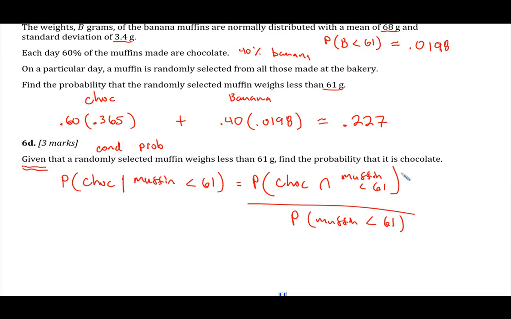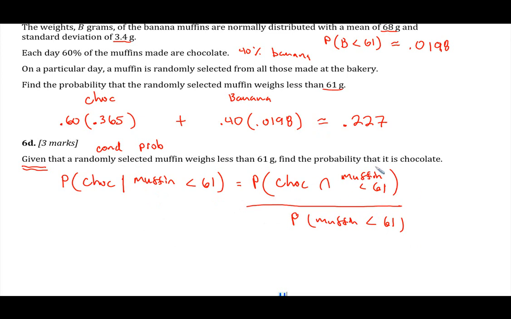So this is pretty much our conditional probability formula. Now, whenever you're doing a conditional probability formula in one of these multi-part questions,